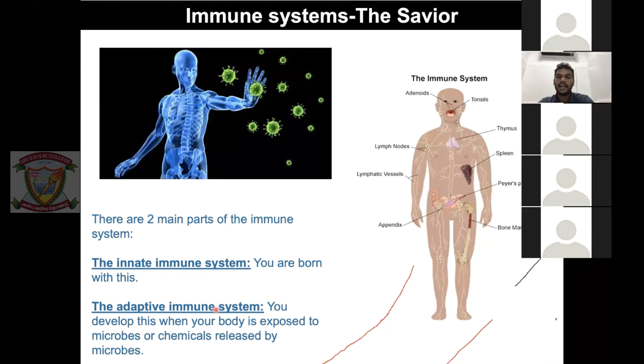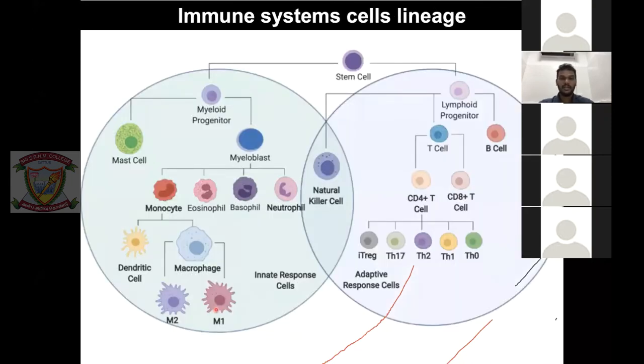There is something called the adaptive immune system. In the adaptive immune system, whenever you get an infection, then the antibody is produced. Your immune system produces a targeting protein that will go and kill. So this is called the adaptive immune system. All right. So now, I mean, the figure is too big. I don't want you to see all these figures.